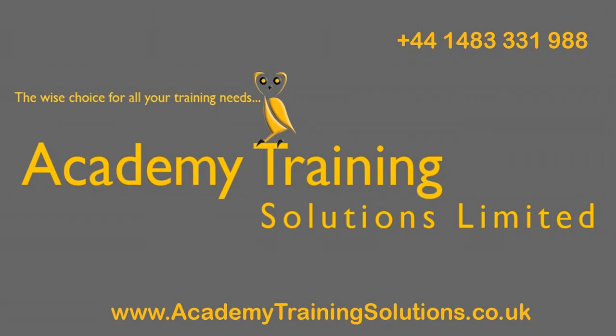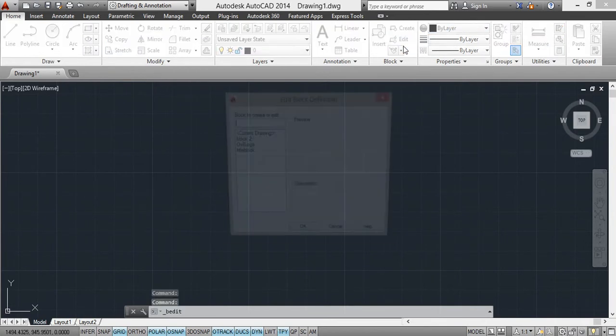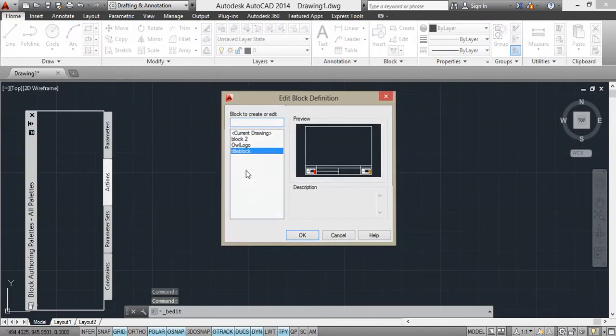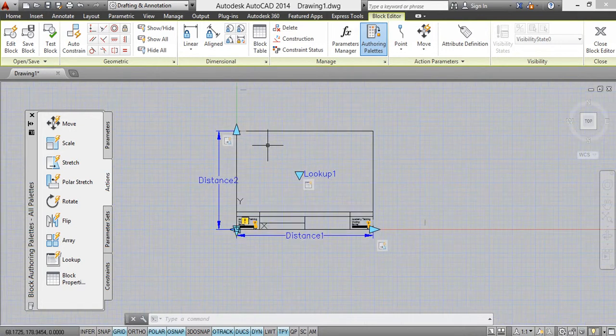Hi, me again. The last thing we're going to do with our block here, so I'm just going into Edit Title Block once more. And remember, this is the one where we click and drag here and it snaps to either the A3 width or the A3 or A4 heights. Or I can do it from the lookup. Yep, so I just click on this and it'll say A3 landscape or A4 landscape